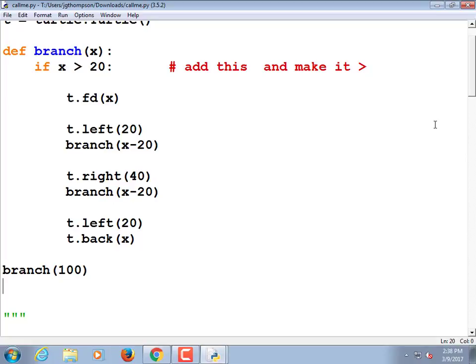All right. Cool, thank you. You gotta put branch in there. There you go. Maybe I'm just stupid. If you wanted to turn straight up, then you can turn left 90 degrees before you ever call branch. Just make it go up. Look at that. Got it? Yep. So if y'all wanted to make the tree go straight up, you could do a left 90 before you ever even call branch. Yeah, I can do a double branch.